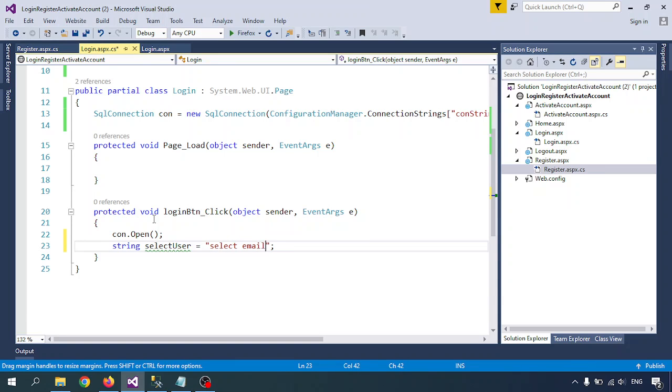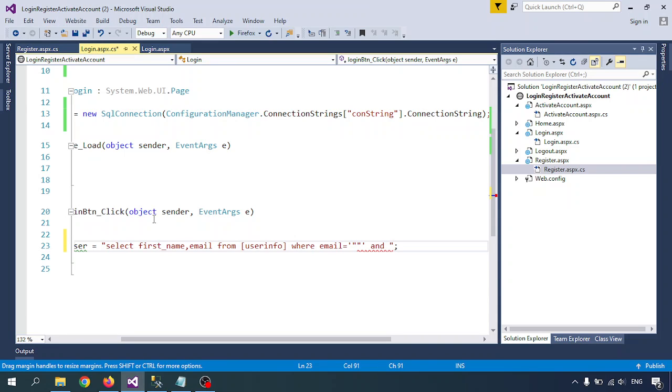Select first_name, email from user info. Okay, so where email is equal to single quotes, then inside the double quotes,